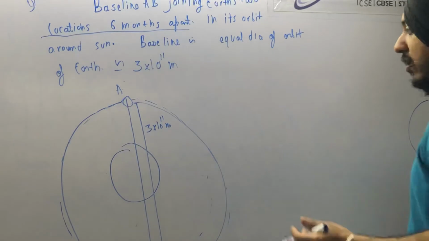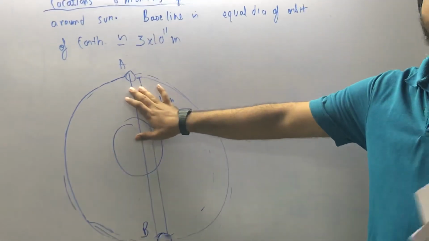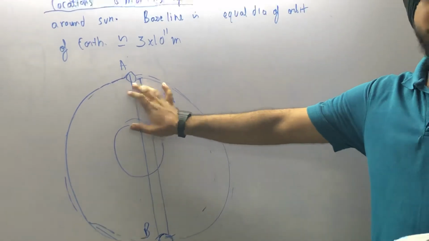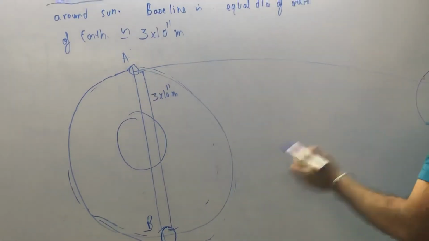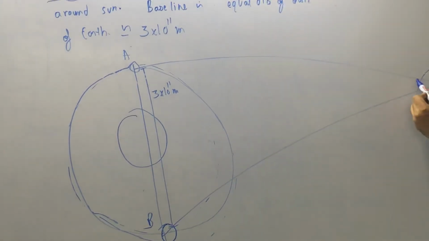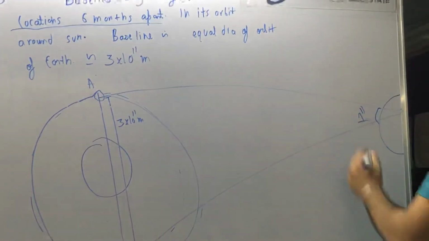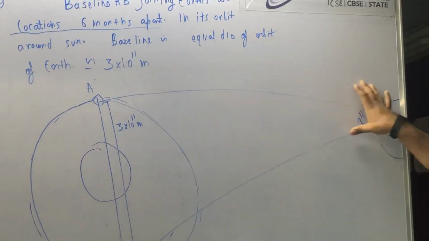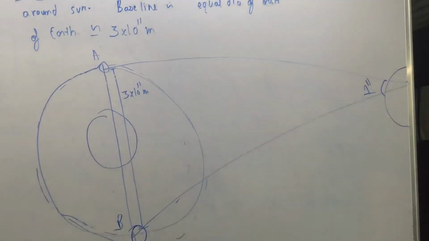So he has told us that even if we make the angle of arc from these 2 points, the angle is so small. He's telling us that this angle is approximately 1 second. This angle subtended from these 2 points at the far away stars is so small.